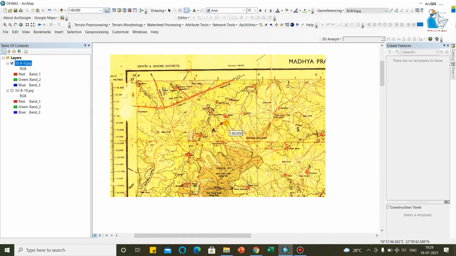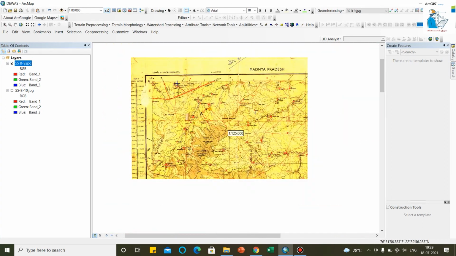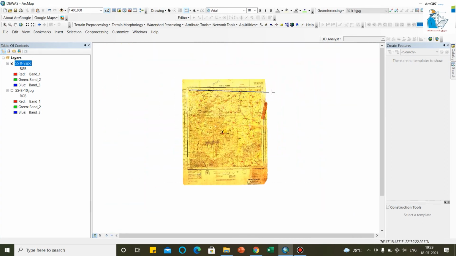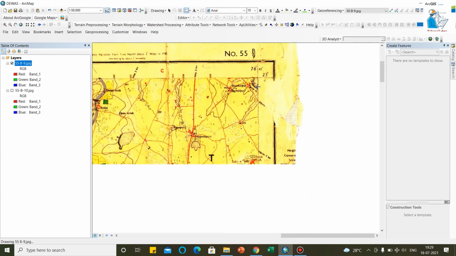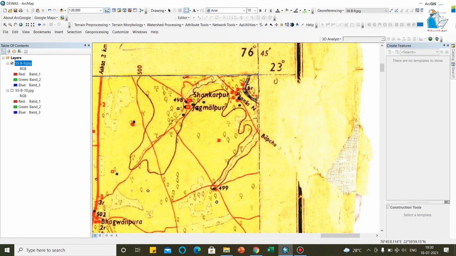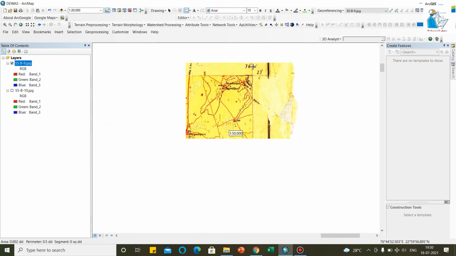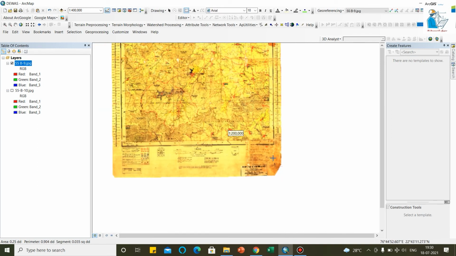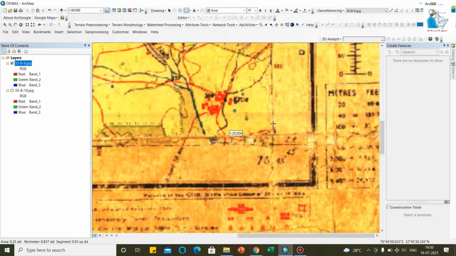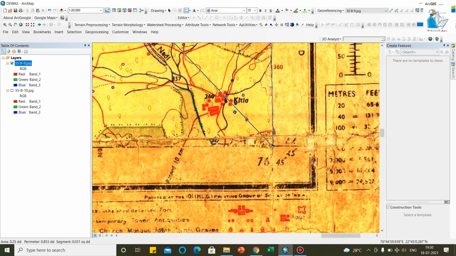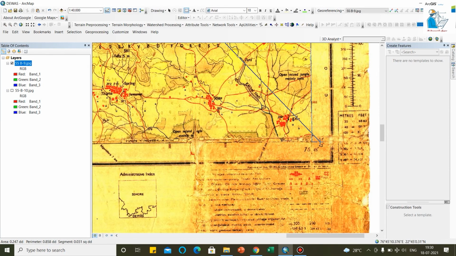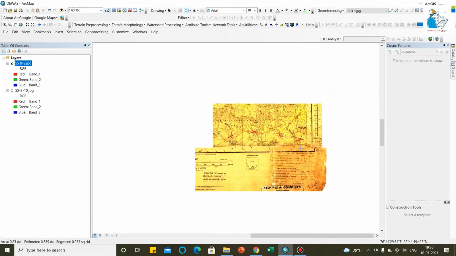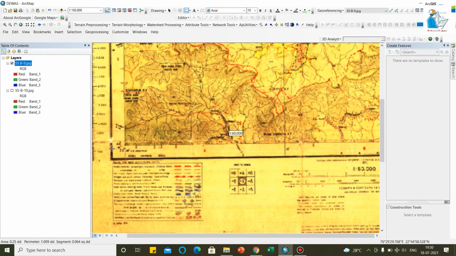Okay, point out the four corners. First you have to extract this area of interest from the scanned toposheet, then we will merge them into one using the mosaic command.